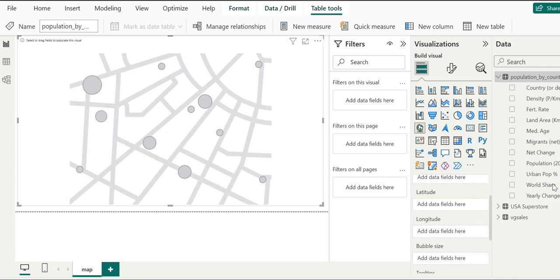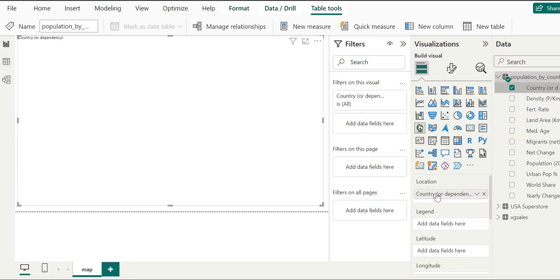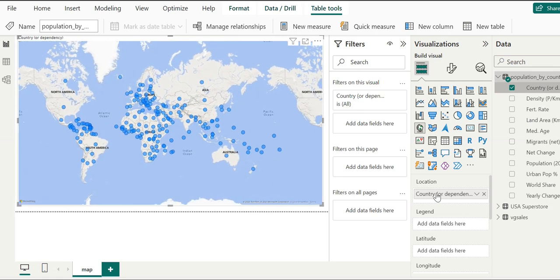So first, we will drag and drop the country field into the location well. As soon as we do this, we find various bubbles displayed on the map.